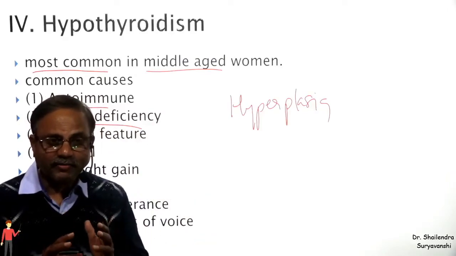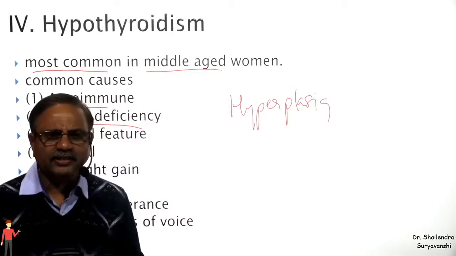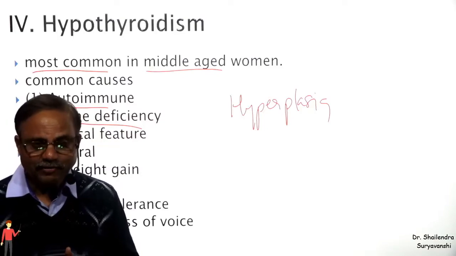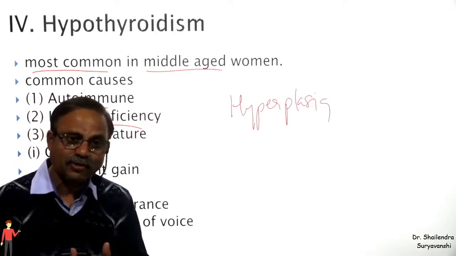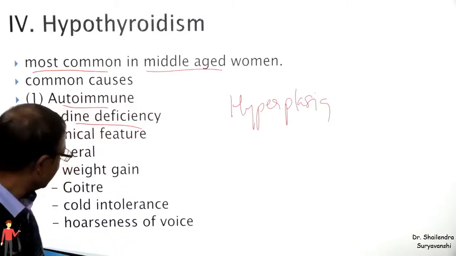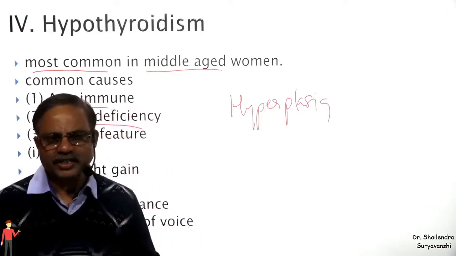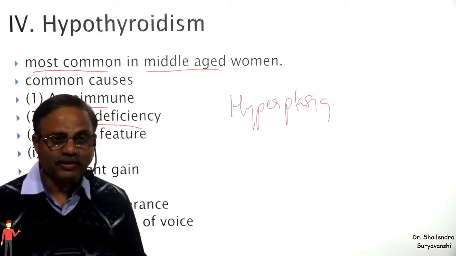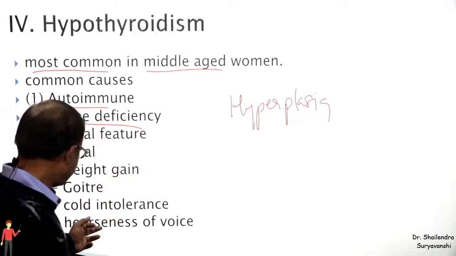First, you have to learn the function of that particular hormone. Immediately from that, you can guess all the clinical features. If there is excessive secretion, you can guess the features, and when there is deficiency, you can similarly guess all the clinical features. So there is obviously weight gain because the basal metabolic rate has come down. Fewer calories are burned, so obviously there will be weight gain. There will be goiter because of iodine deficiency.